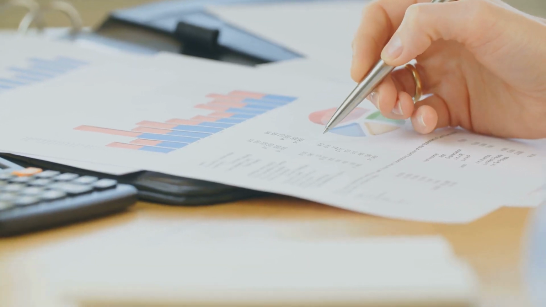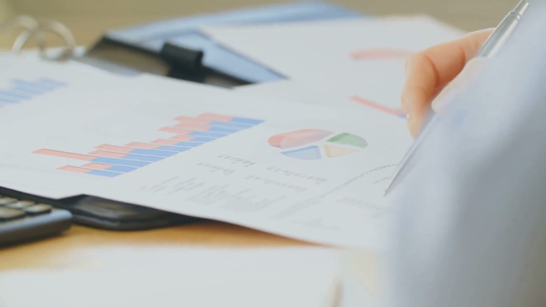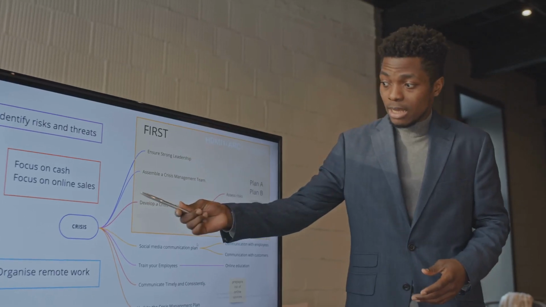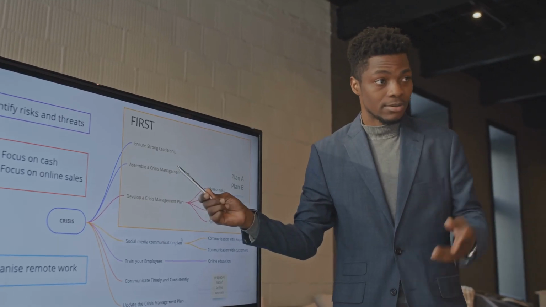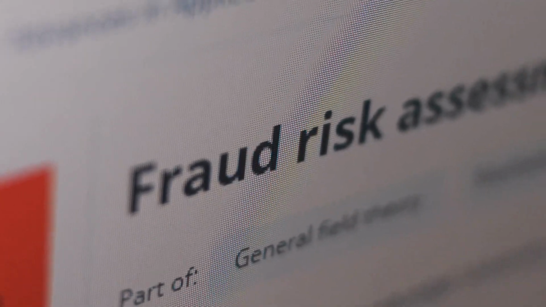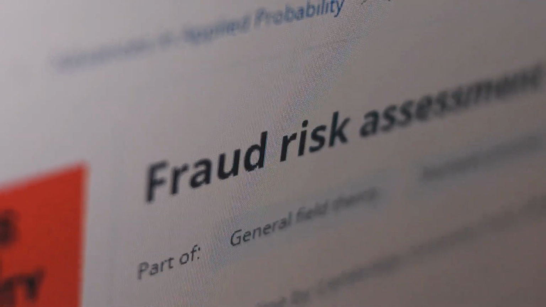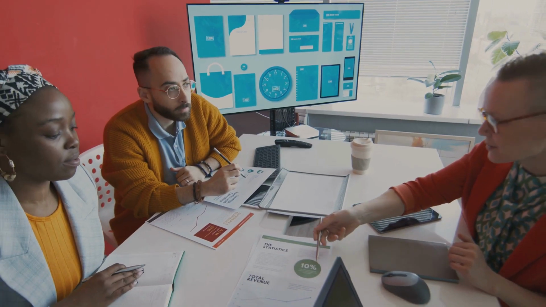Auditors scrutinize this cycle to ensure that financial statements accurately reflect the company's transactions. Understanding the flow of transactions within this cycle allows auditors to assess the risk of material misstatement. By examining each stage of the acquisition and payment cycle, auditors can identify potential vulnerabilities. This helps to create a comprehensive audit plan.